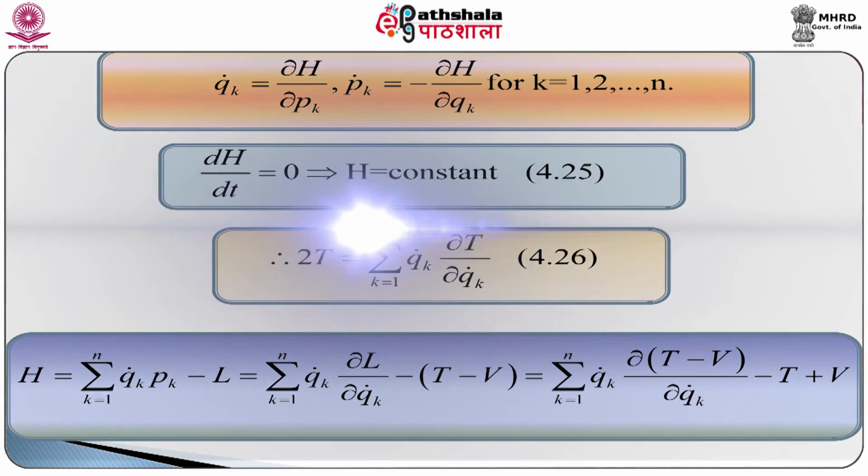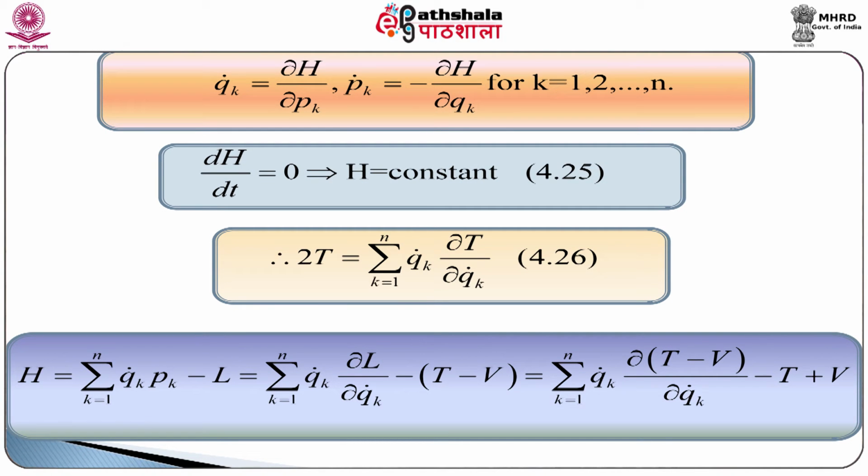Here T is the kinetic energy, qk dot is the generalized velocity. Thus, we have H equal to summation k equal to 1 to n qk dot into pk minus L equal to summation k equal to 1 to n qk dot del L del qk dot minus T minus V. Here we have used pk equal to del L del qk dot,